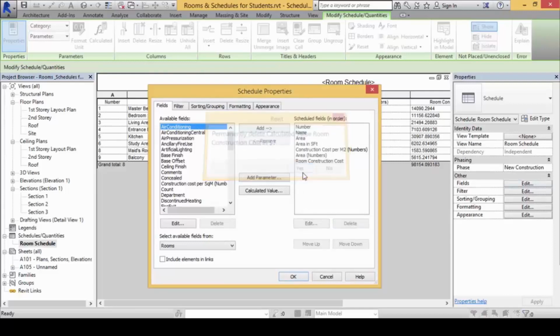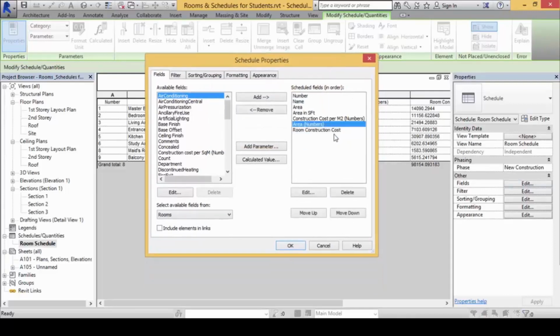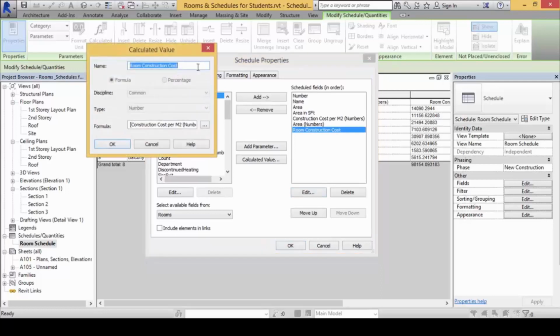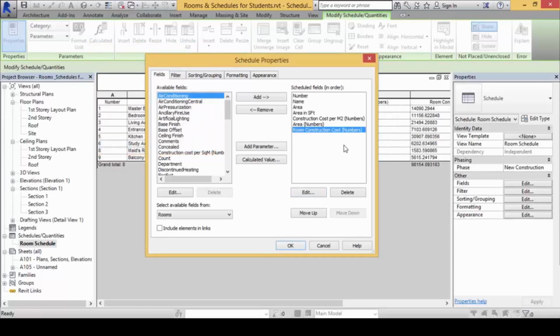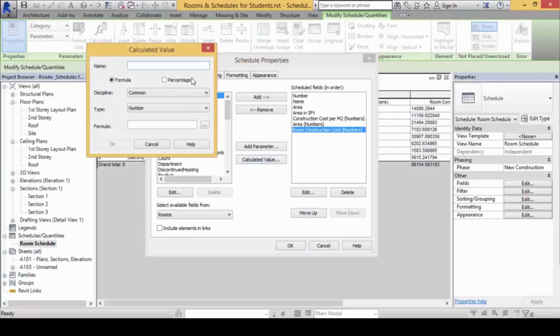Delete. To convert this from numbers to dollars, let me just rename this again. We will insert another calculated value called room construction cost, in dollar sign.